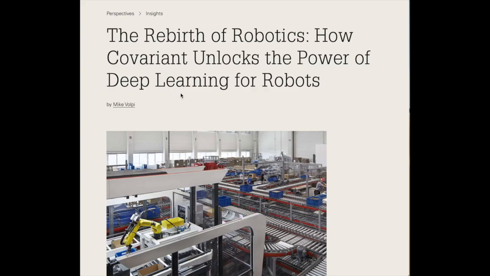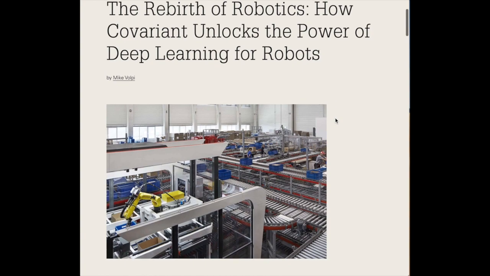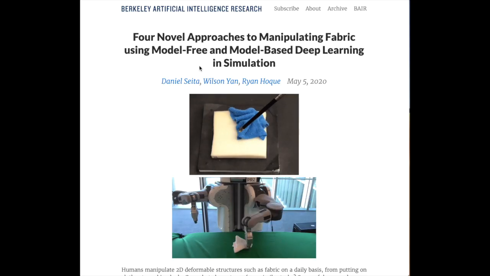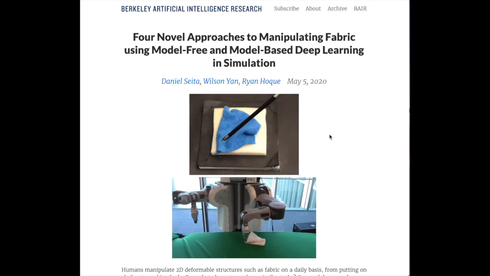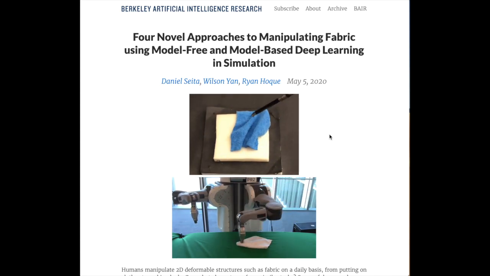The rebirth of robotics describes Covariant, one of the hottest companies in deep learning and robotics, from the lens of an investor in the company. Researchers from UC Berkeley have been doing a lot of interesting work with fabric manipulation. This article describes different algorithms to do things like fabric smoothing or folding, concluding that model-based methods are the most